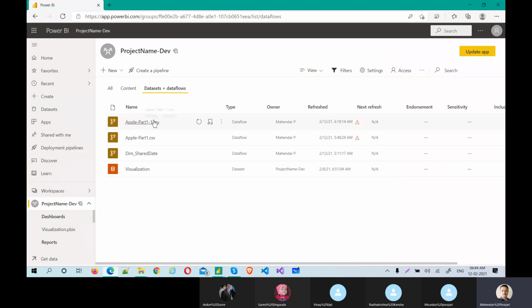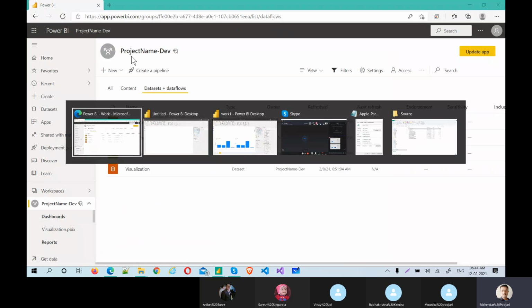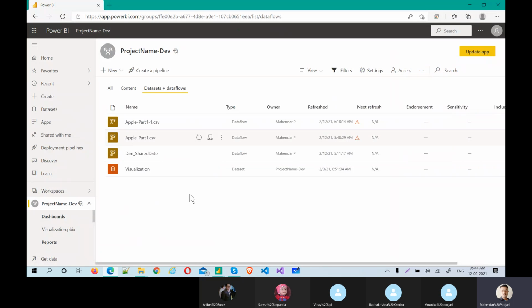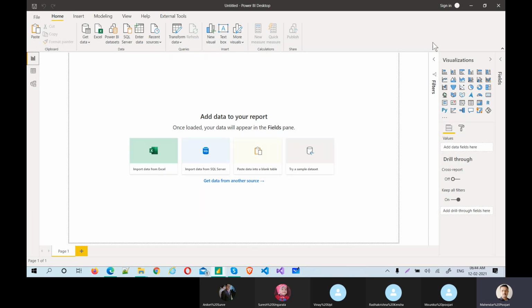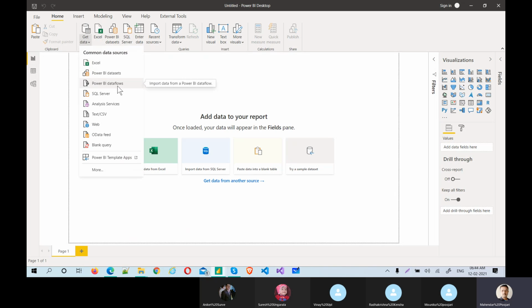What is this file? This is a data flow. How do we get the data flow into Power BI? Go to sources. Let's close this. Here you see Power BI data flows.